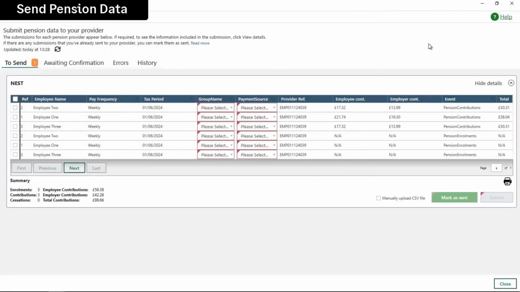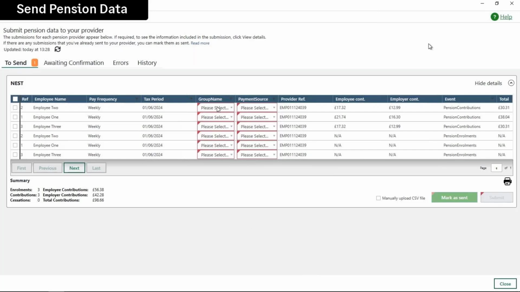available to submit. And as you can see here, we've got a list of our employees that have been enrolled into the scheme and who are making contributions. And the type of information that we're seeing is both the contributions for this period, and then underneath we've got the enrolment files. Now currently you'll see that there's no option to submit, and the reason for this is that